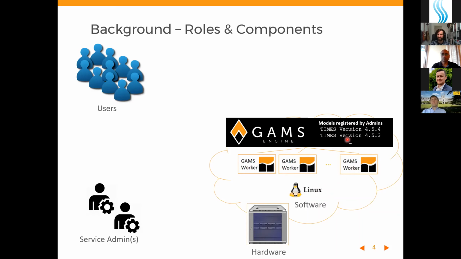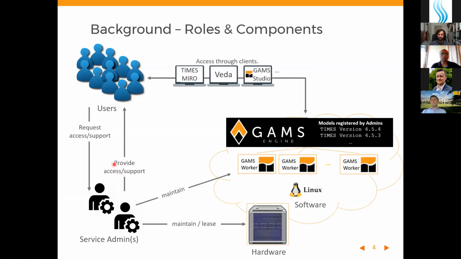And at the same time, this can also serve as a model registry, meaning that the admins can register, for example, different versions of the Times source code, such that only the data has to be shipped to the server when a Times model should be solved, because the Times source code is already there. And then there are, again, one or multiple service admins. Currently, the project partners GAMS and Canors are taking care of that.